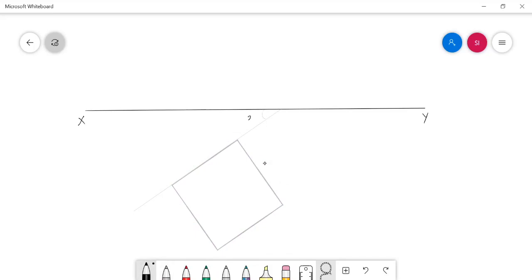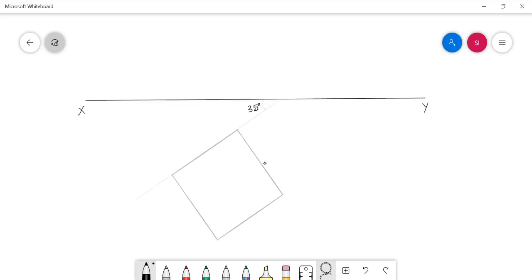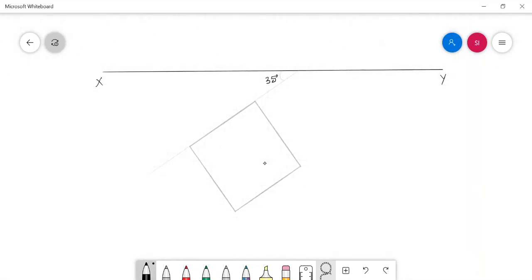As per the problem statement, we maintained one base side inclined at 35 degree to xy. This will lead one vertical face inclined at 35 degree to VP. And now I needed to mark the various corners of the solid. This is a cube, so it's going to have 8 corners, 4 in the base and 4 in the face. Starting from the alphabet A, B, C, and D, and 1, 2, 3, 4 in the face.